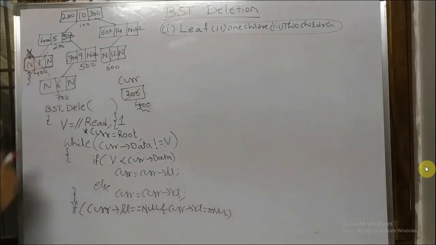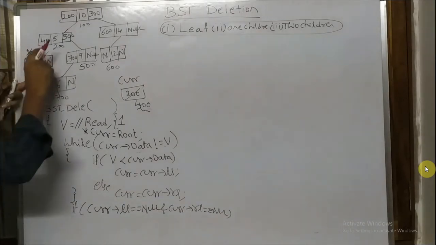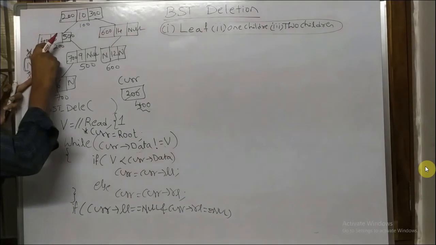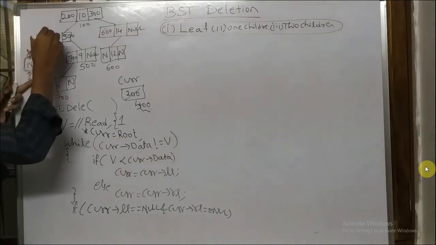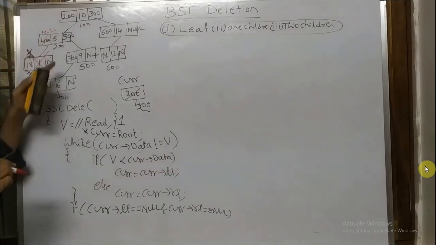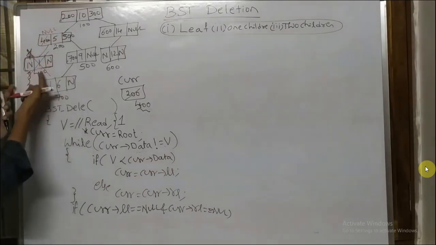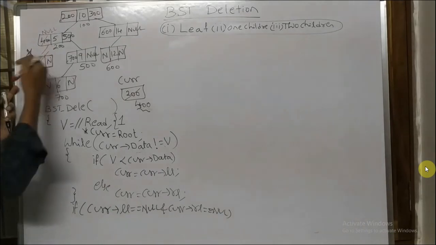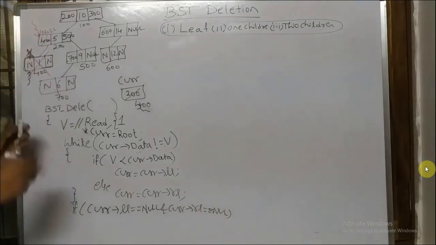what you need to do is make null in its corresponding parent location. Here you need to make null. If you make null here, then obviously it is deleted. How are we going to make null here? You need to move to this corresponding location and make a modification. Is there any pointer pointing to this one?